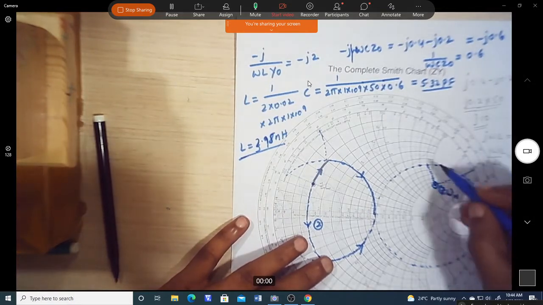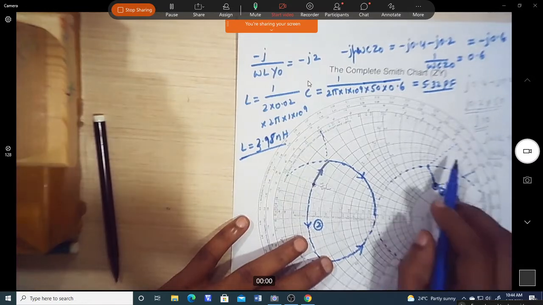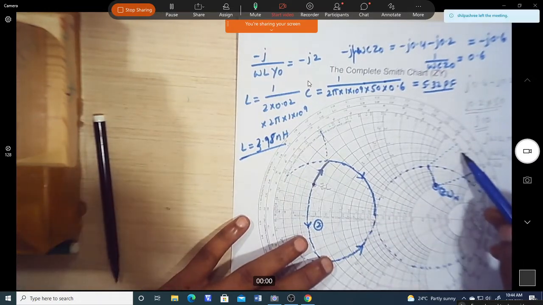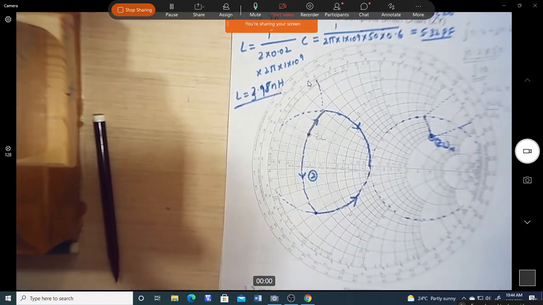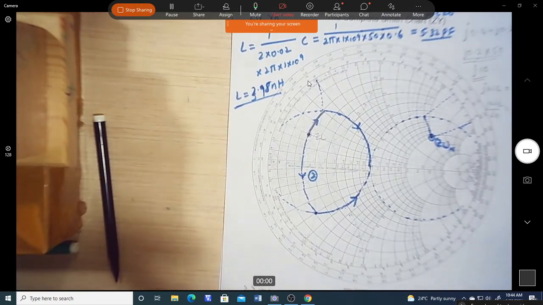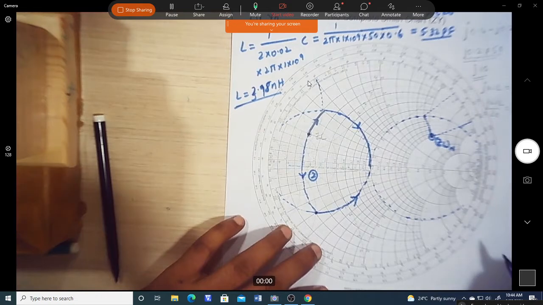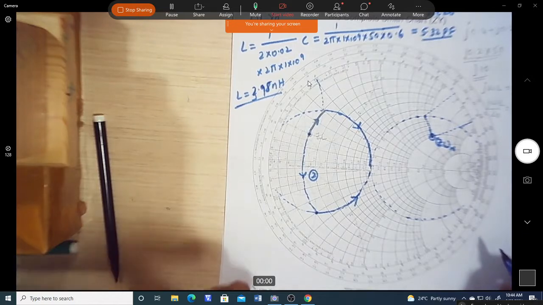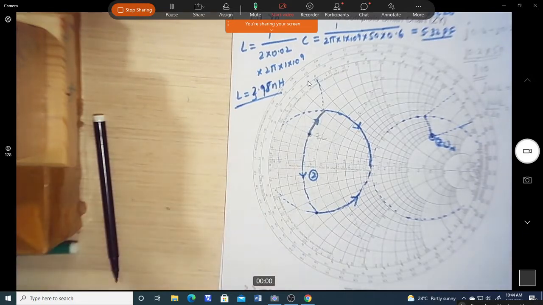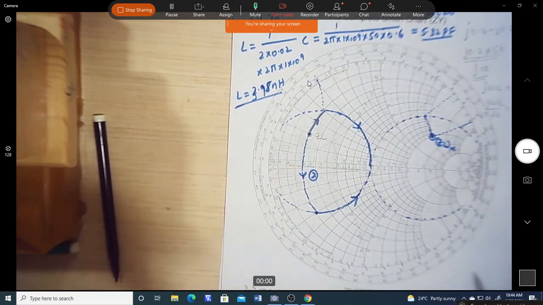Let us take 0.25, and this one, it is between 0.4 and 0.5. So let us take 0.42. So if I subtract that one, so j.42 minus j.25. So that is the value. So where you are going to get j.13. So that is the susceptance value you are going to get. So susceptance value of the shunt inductor is j.13. So now you can equate that to the equation and you can find out the value of L.